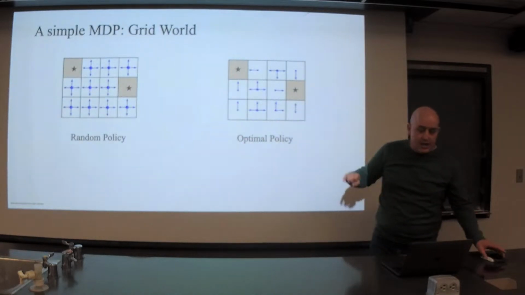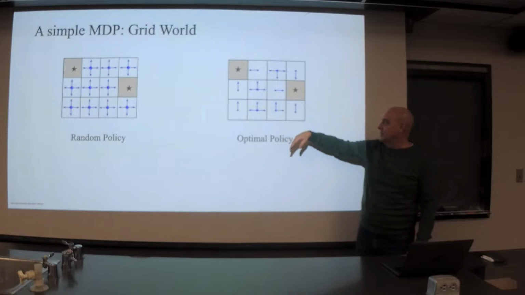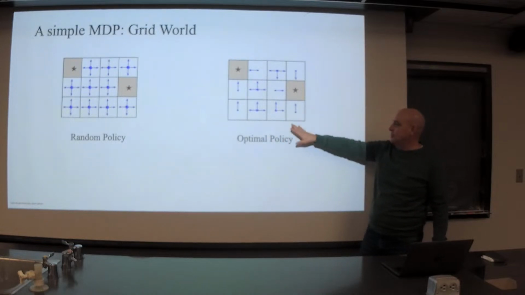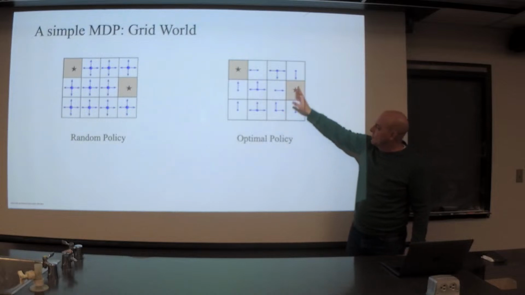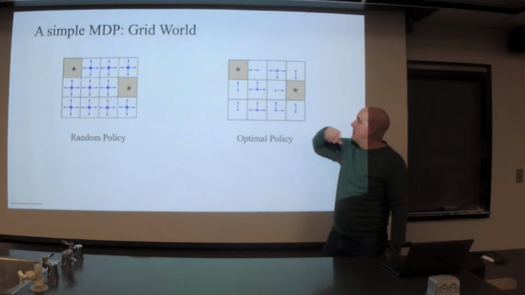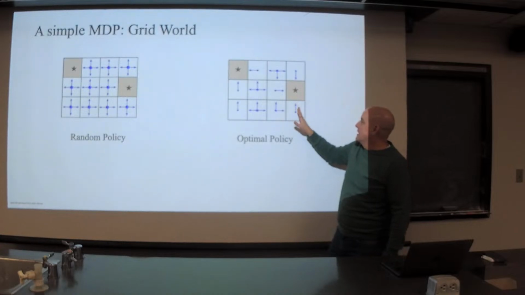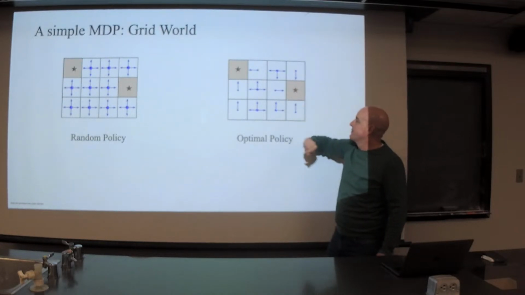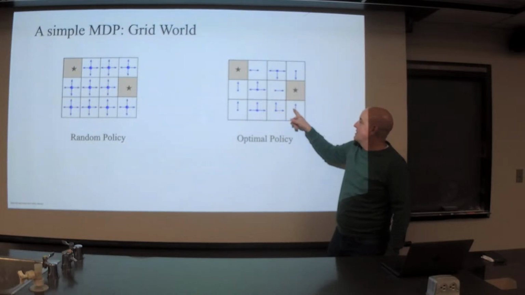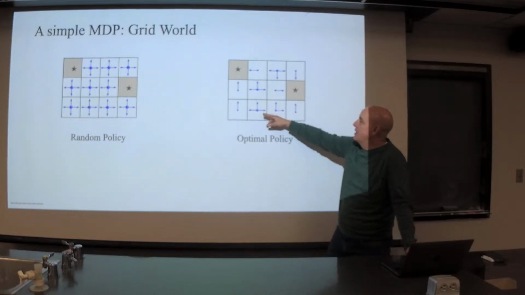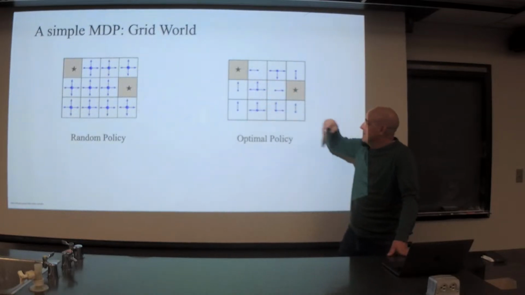So what does an optimal policy look like in this particular grid world? Well, it's pretty simple, pretty straightforward. Just start in any one of these cells. If I start right next to a terminal cell, then it's really clear what the policy should be. The next action should take me there. If I'm not in one of those, then I need to take a step closer to one of those next to terminal states, and so forth. And that's what this policy is showing here.